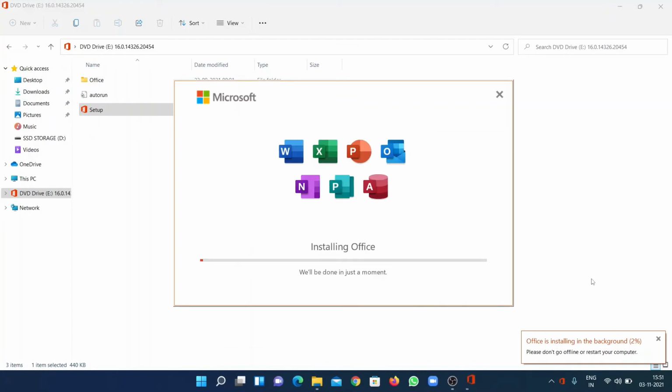This will take time depending upon the speed of your computer, whether you have a hard disk or an SSD, or many other factors. It'll take around 5 to 10 minutes, or maximum 15 to 20 minutes, to install. So we'll wait for it to install.